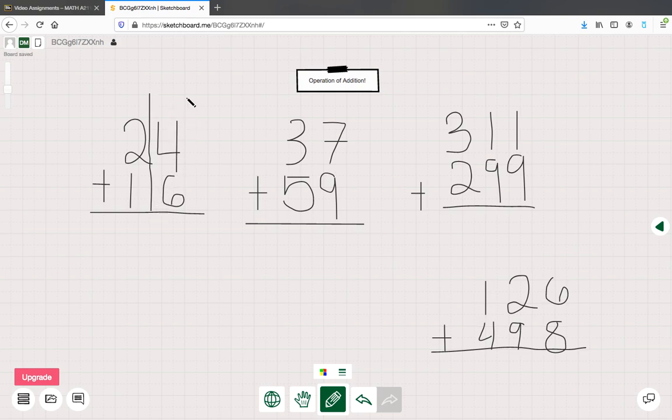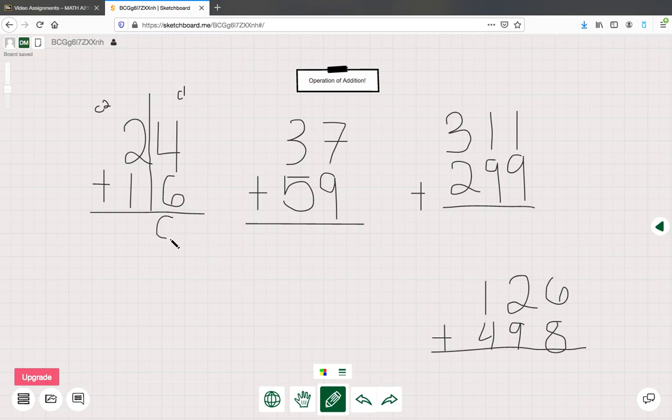So there's column 1. We're going to write column 1. And this is column 2 over here. Column 2. We're going to start at column 1, and we're going to add 4 plus 6, which is 10. So I could write 10, but that doesn't look right, does it? This doesn't fit in our column. It's too big for our column, and it's almost going into column 2. So instead of writing 10,